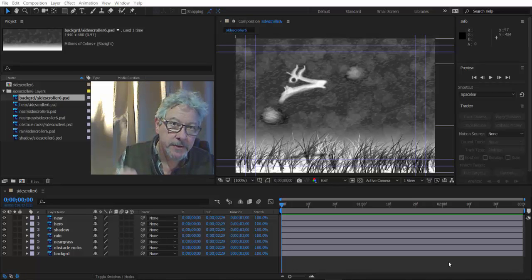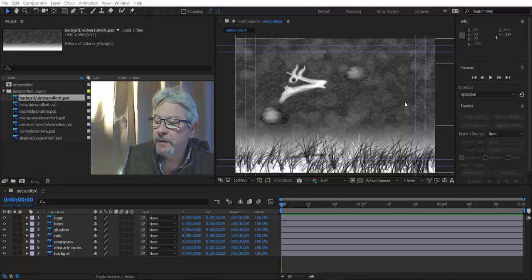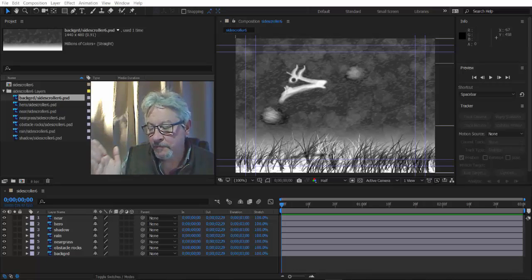I want to make another demonstration of how I introduce horizontal parallax in a side-scrolling animation. I've previously talked about how to create seamlessly tiled layers that can scroll through endlessly. I just want to focus on how to do the actual animation of the layers in After Effects and introduce parallax using one technique, which is just using scaling. It's a simple one, and there are a lot of different refinements of this technique that can be done, but